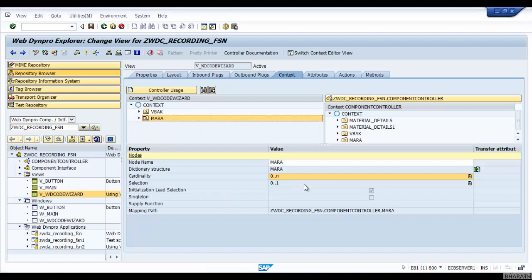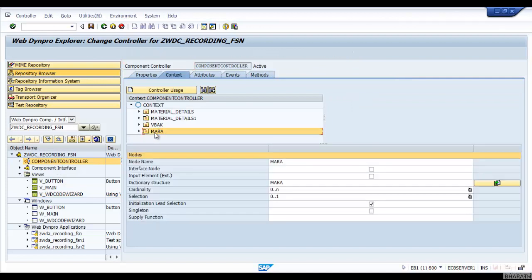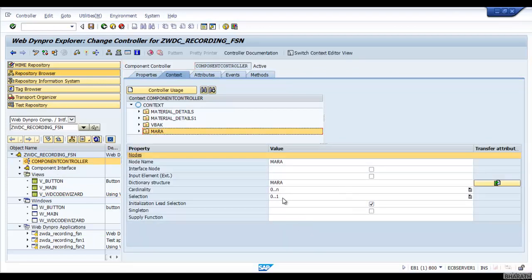Now, what is the importance of the selection property here? Since the context node is created in the component controller, we cannot change the properties of this context node in the view controller. So go to the component controller, select the MARA context node. Here selection is made as 0 to 1 only.